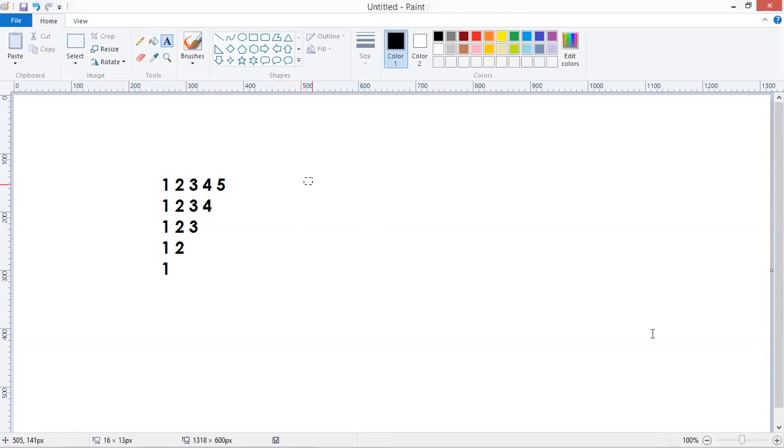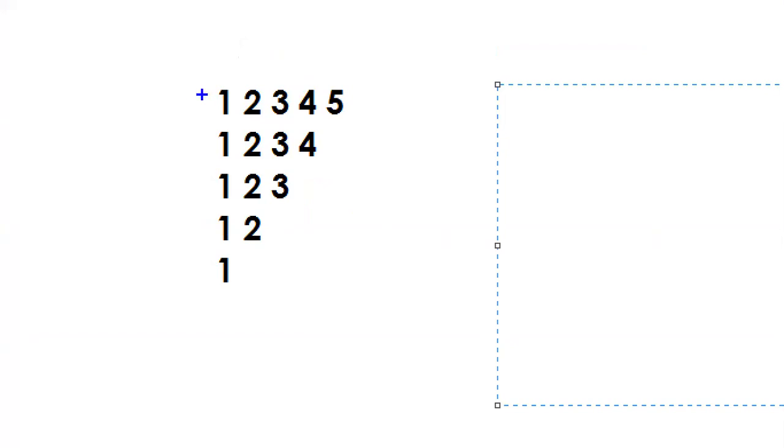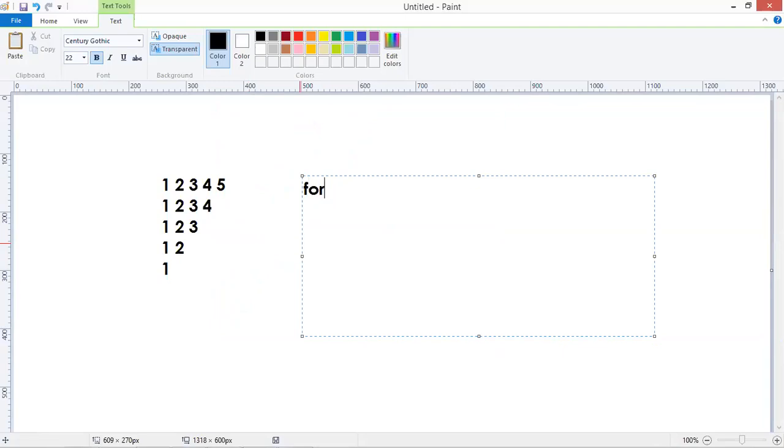Yeah, see here it is. Outer loop means what is changing. You can check in the lines, right, or here like this. So here it is changing, right? What is changing? 5 4 3 2 1. So the outer loop should be 5 4 3 2 1. i value 5, 4 3 2 1 means what? Greater than or equal to 1. i minus minus.